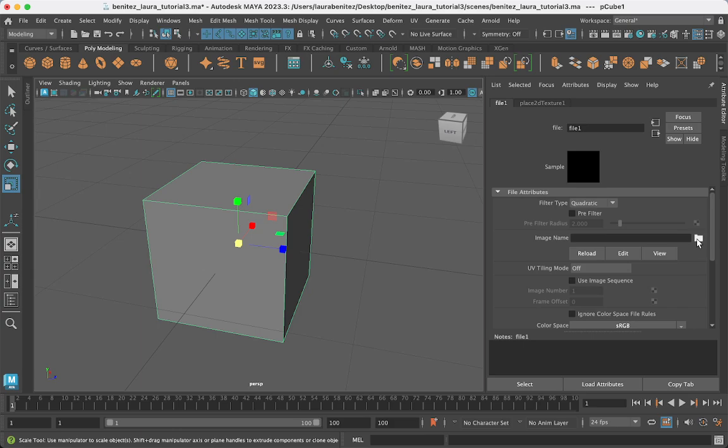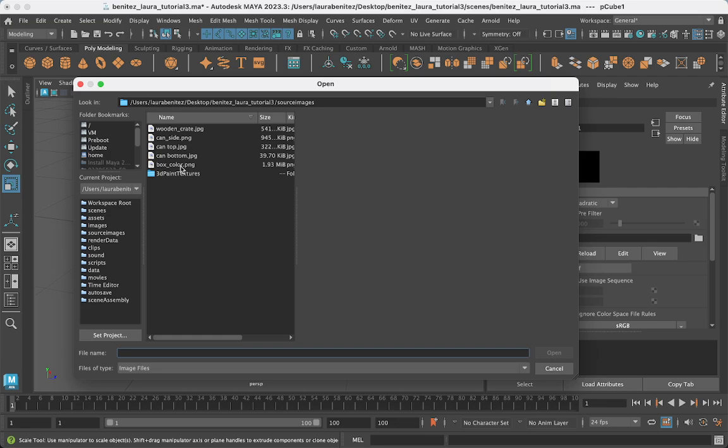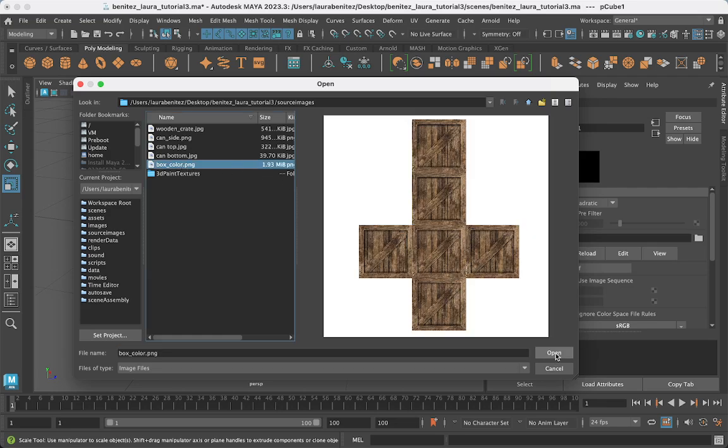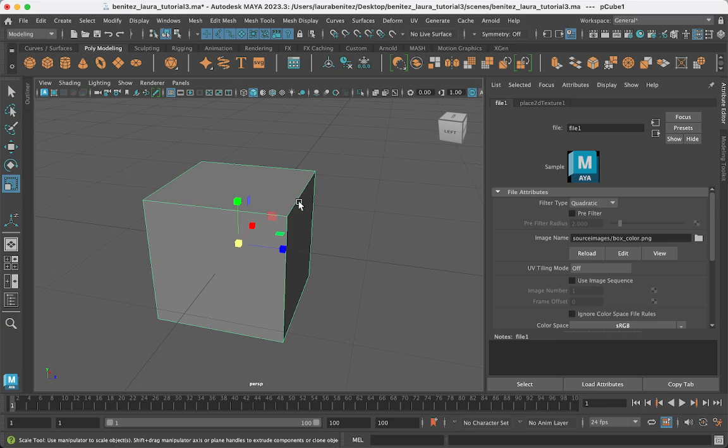So now I'm going to click on the folder icon. Take 2. There we are. Box color, and I'm going to hit open. And if you're wondering why my box isn't showing, fear not, because we don't have our texture preview on, which you can select here where my mouse is circling this little checkerboard circle